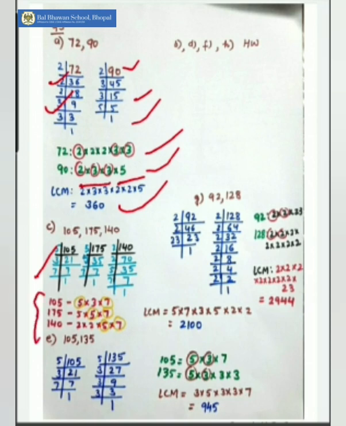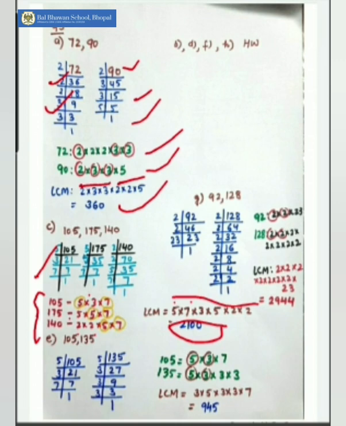All these three I have written. Now, my next step will be to find out the common numbers. So, I can see 5 is common in all three and 7 is also common in all three. So, I have written that only once. And the numbers which are uncommon, that means 3, 5, 2, 2, I have copied down as it is. Now, when I multiply these, I'll get 2100 as my LCM.